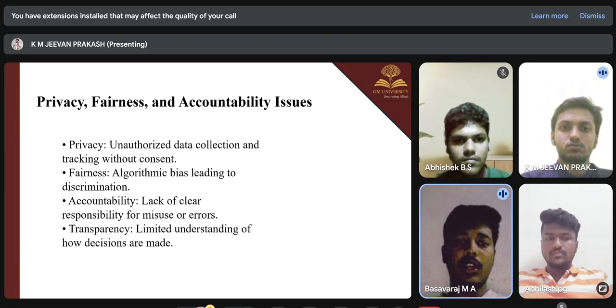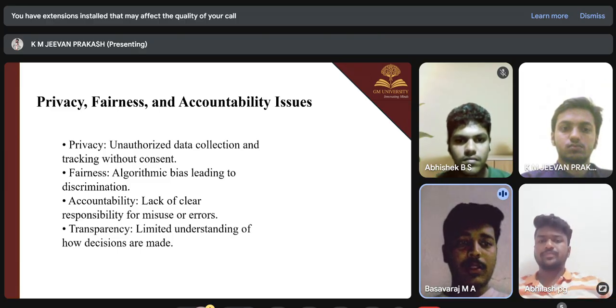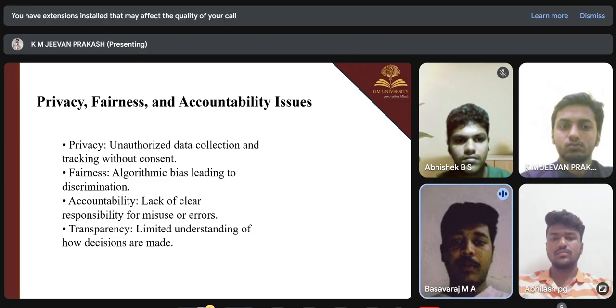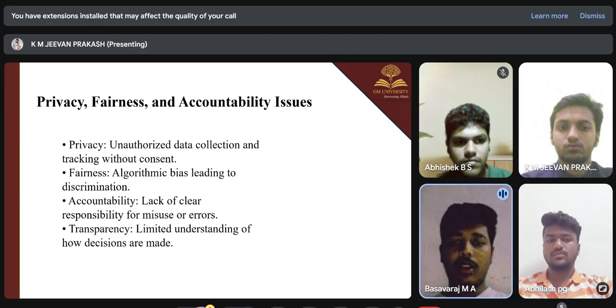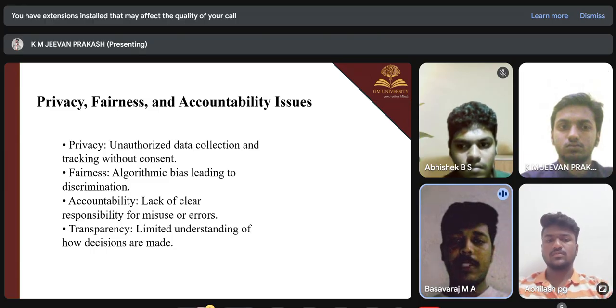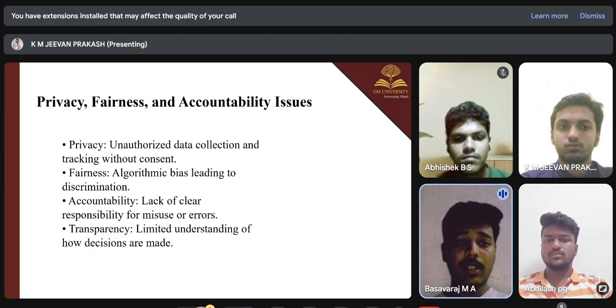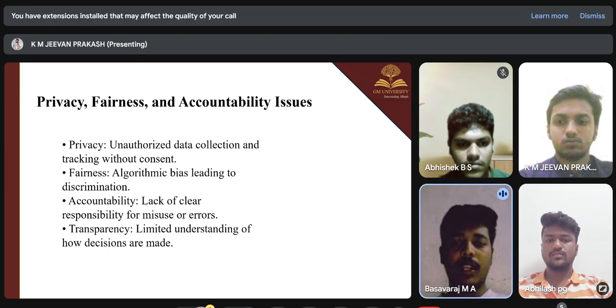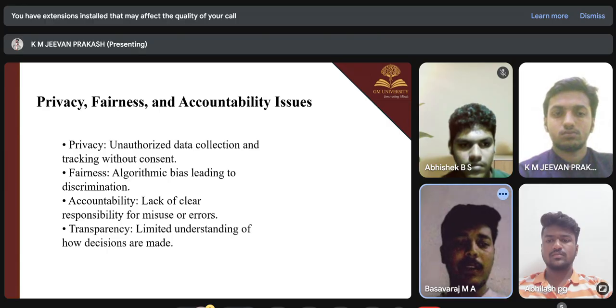Privacy, fairness, and accountability issues. In privacy, unauthorized data collection and tracking without consent. It means data might be collected or tracked without people's permission. Fairness, algorithmic bias leading to discrimination. In fairness, the system might be biased, treating some groups unfairly.